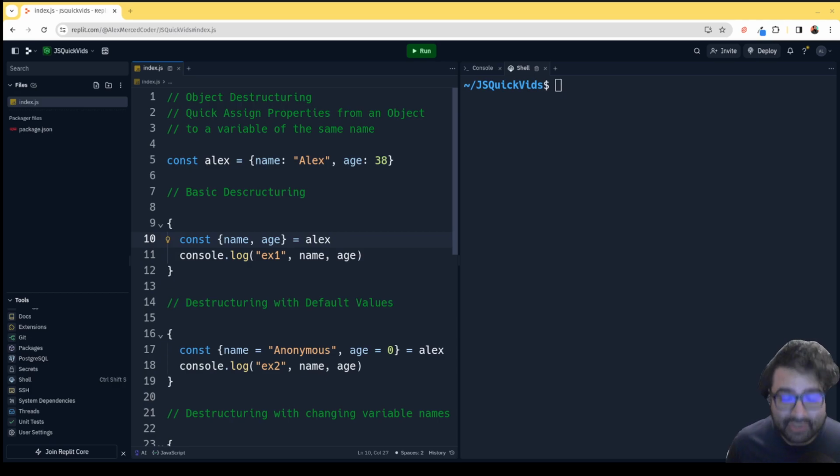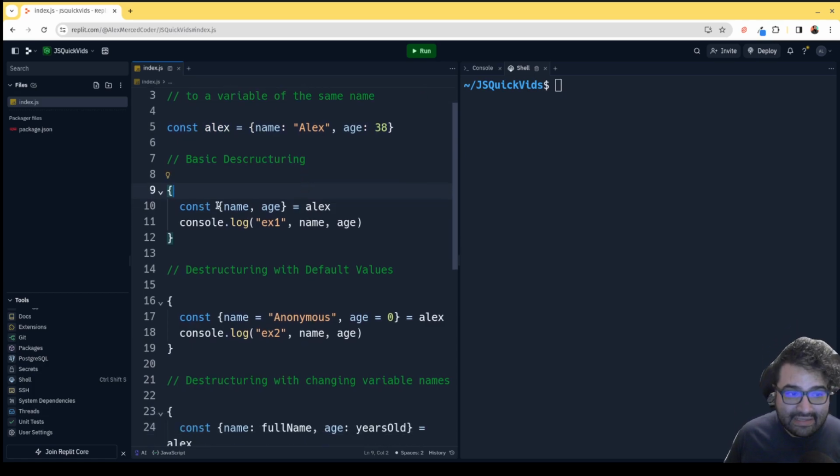So object destructuring is an easy way to take individual properties of an object and put them into their own variable. So for example, let's pretend that I have this object here called Alex that has my name, Alex, and my age, 38. Okay, now at the most basic level, the way destructuring works is that you would declare